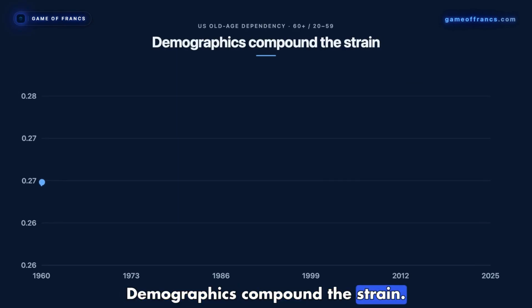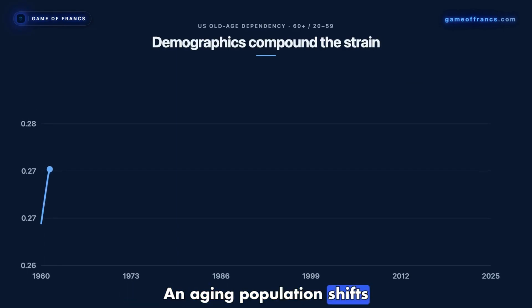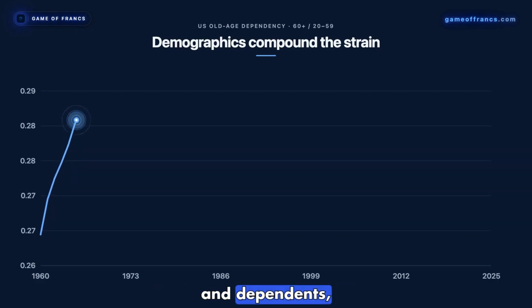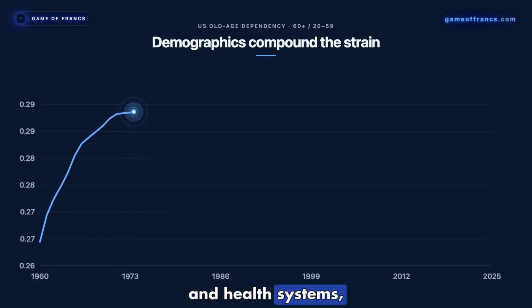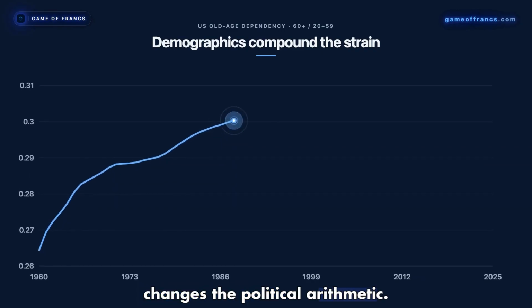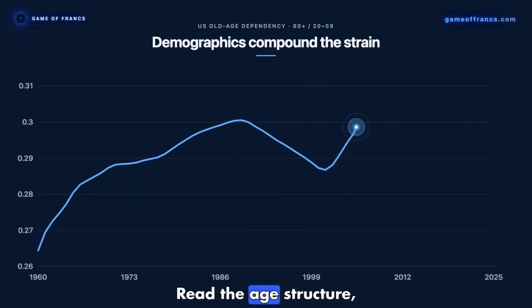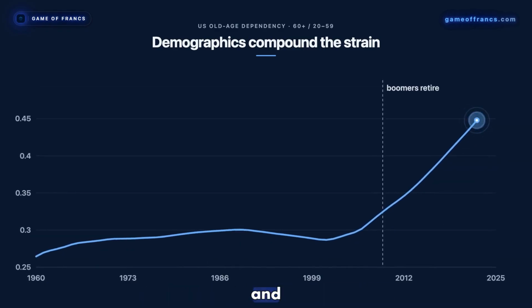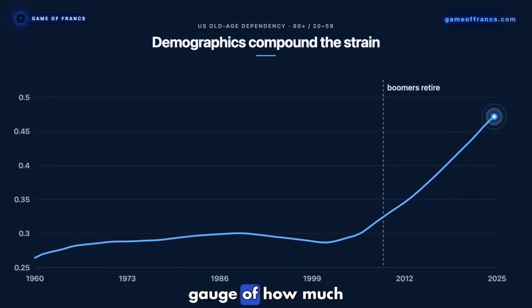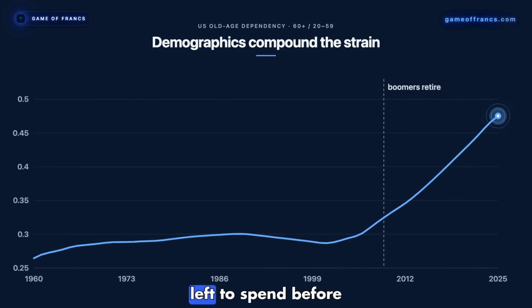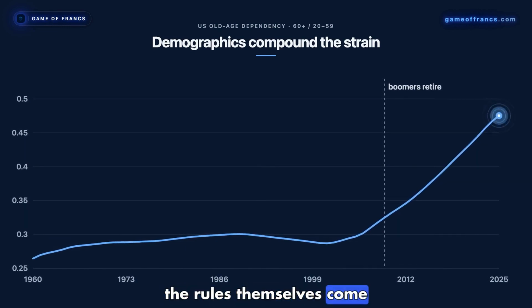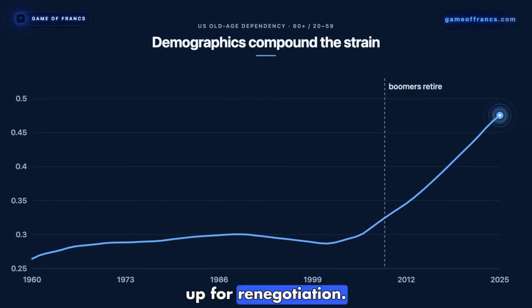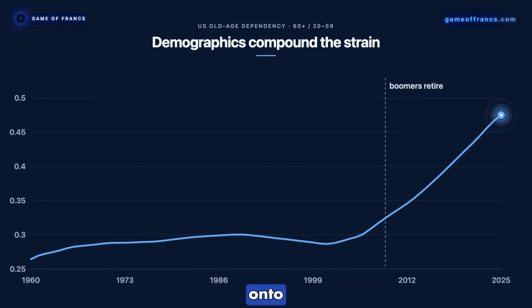Demographics compound the strain. An aging population shifts the balance between workers and dependents, loads the pension and health systems, and changes the political arithmetic. Read the age structure, the inflation trajectory, and the wealth distribution together, and you get a reasonable gauge of how much cohesion a society has left to spend before the rules themselves come up for renegotiation. Internal strength, in turn, is what a country projects, or fails to project, onto the world